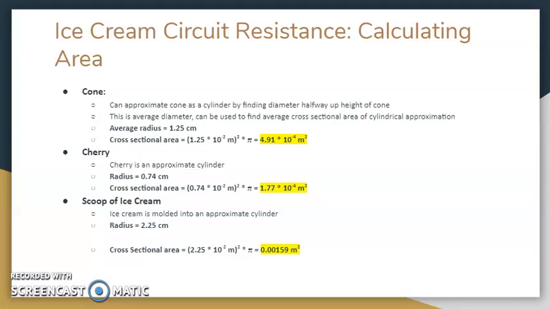For our cone component, the cone was a cone-shaped object, obviously. So we found the diameter halfway up the cone, and we used that to approximate a cylinder. We found our radius, which was 1.25 centimeters, and then we used that to find the circular cross-sectional area, which was 4.91 times 10 to the negative 4th meters squared. For the cherry component, it was an approximate cylinder, so we found that the circular cross-sectional area was 1.77 times 10 to the negative 4th meters squared. And the scoop of ice cream was also a cylinder, and its cross-sectional area was